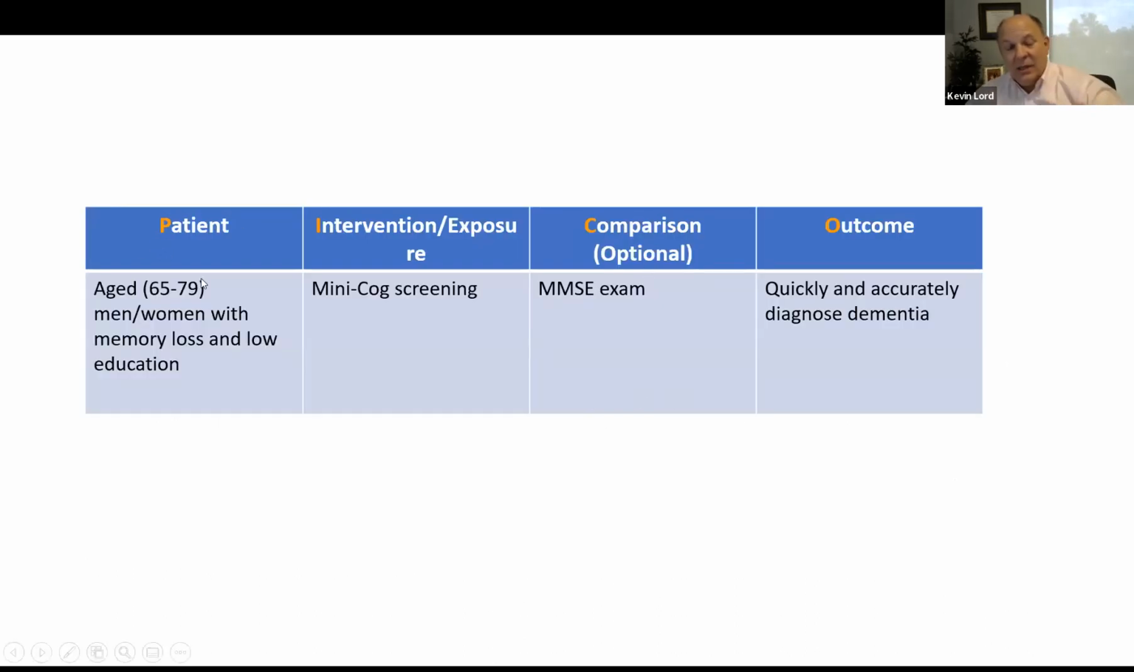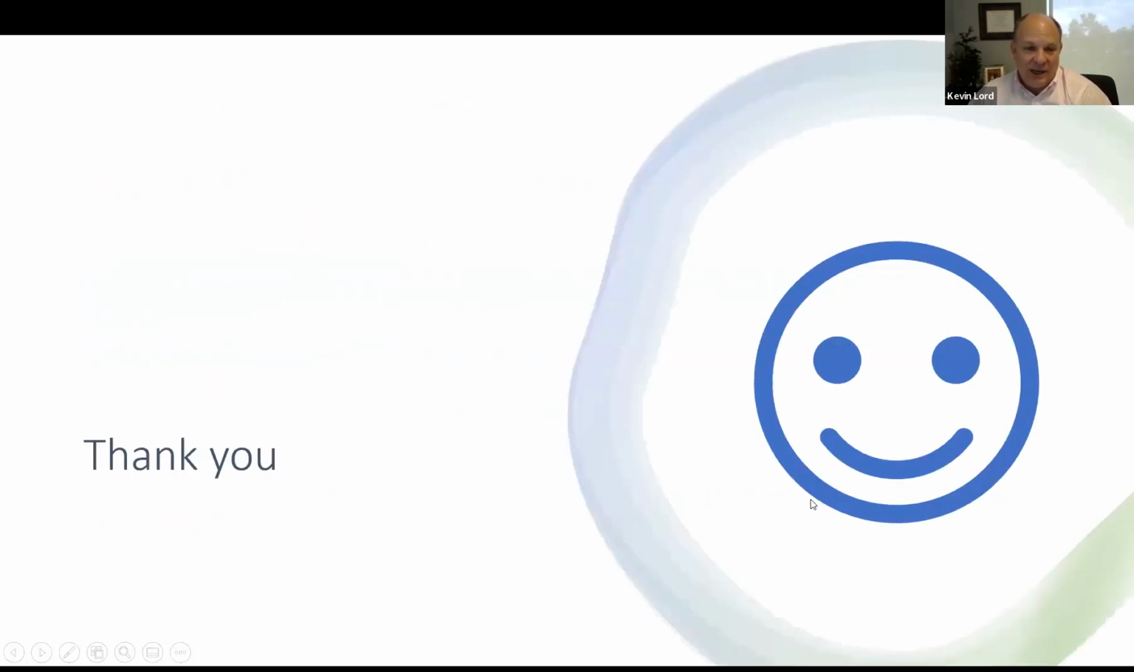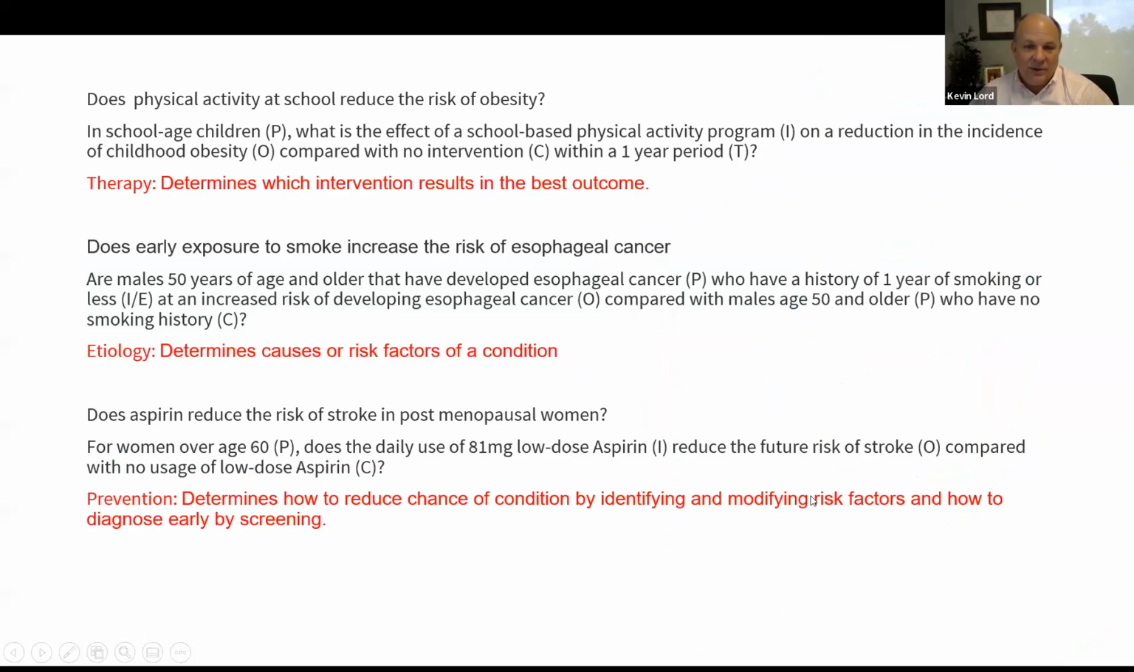So the patient, and in this case, the age, men versus women with memory loss and low education, the intervention, or not the exposure, but the intervention, comparison, as well as the outcome. And I know this is being recorded, and you can always go back at a later time and read through it and see if you can identify the specific PICO components. But what I want to do before I stop talking and allow for questions